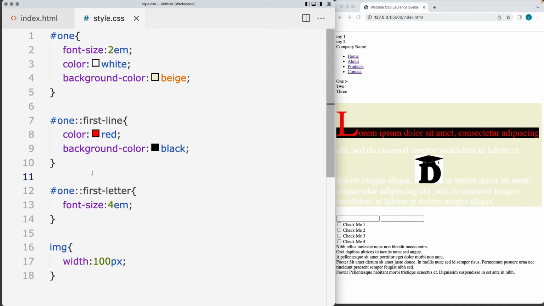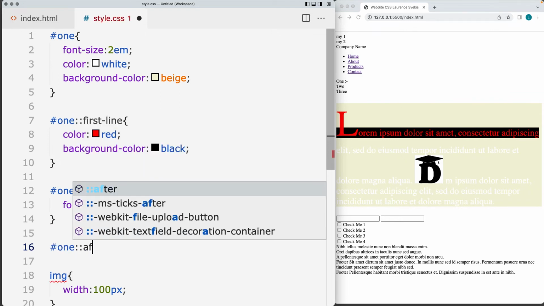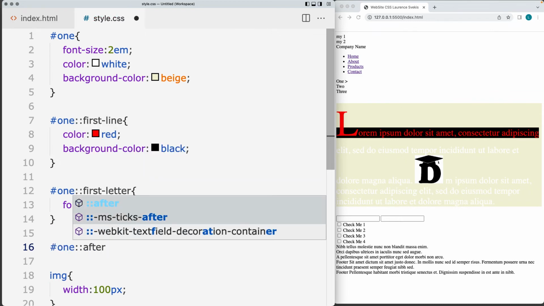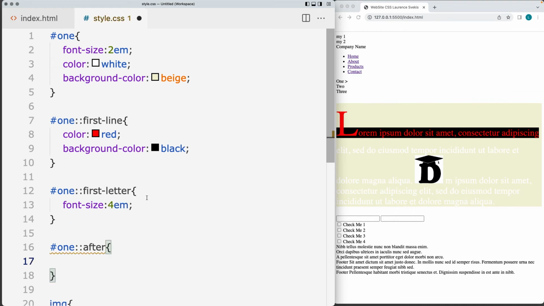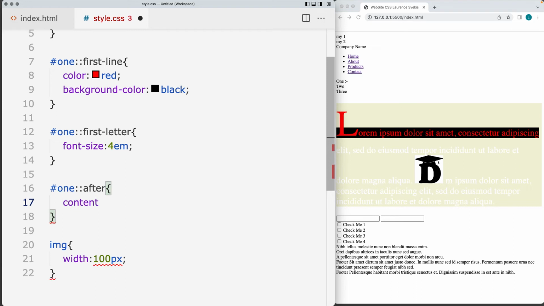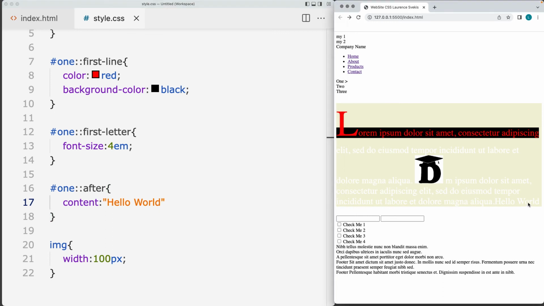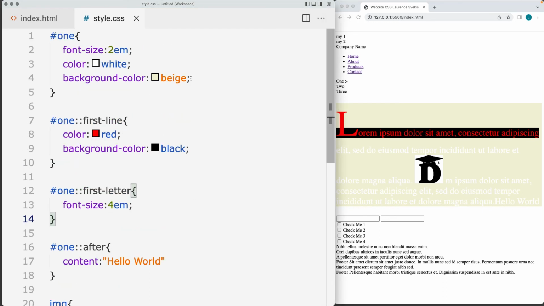You can also set content after the selection of the element. So you can select the element, and using after allows you to add content after the element that you've selected. And we can specify the content, adding in the content of hello world. So there's the content being added in. I know it's a little bit hard to see, so let's update the color to be blue for the entire